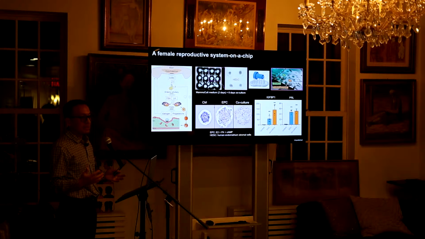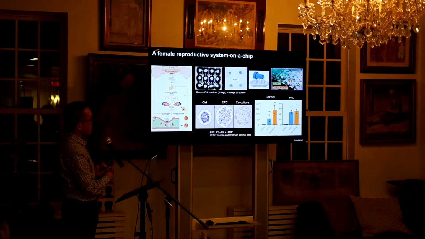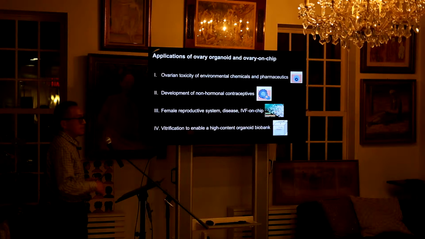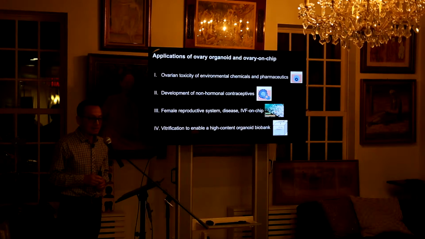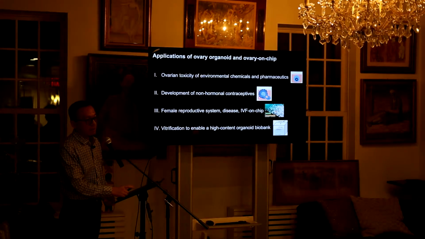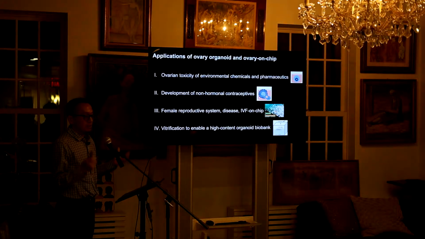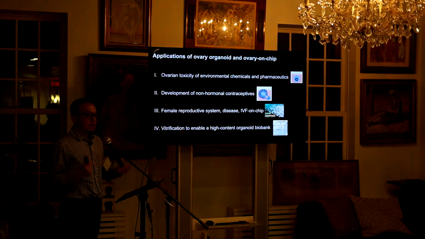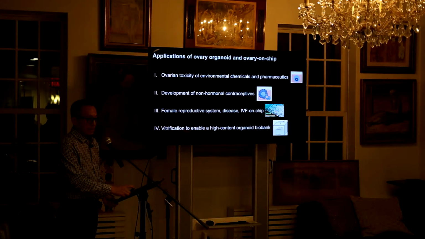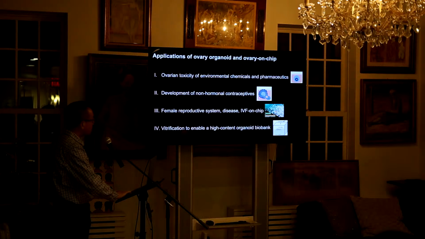We have a lot more data, but these are unpublished, so we are still working on the paper, and due to the time, I don't have time to show it. For example, we also did sequencing and other in-depth analysis, and we also use this model for toxicology research too. Our long-term goal is to build a really human cell-based female reproductive system on chip to study IVF, reproductive disease, and also toxicology as well.